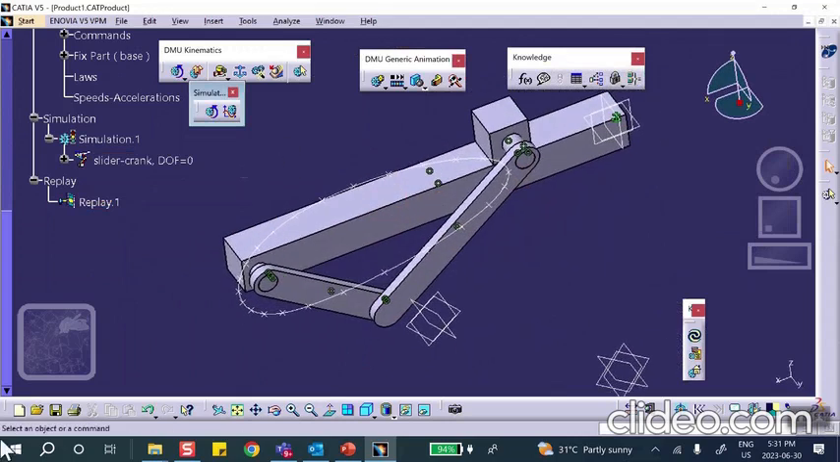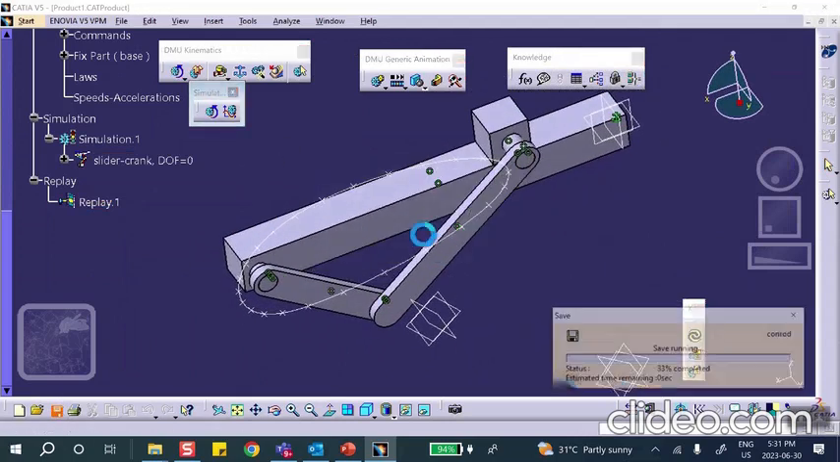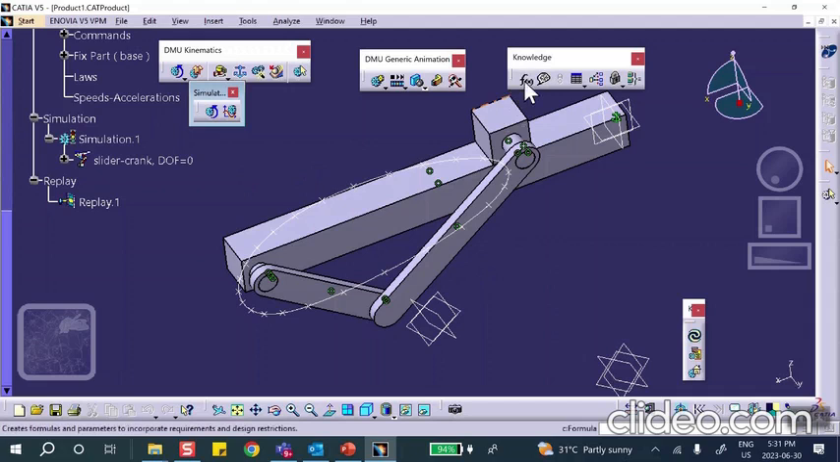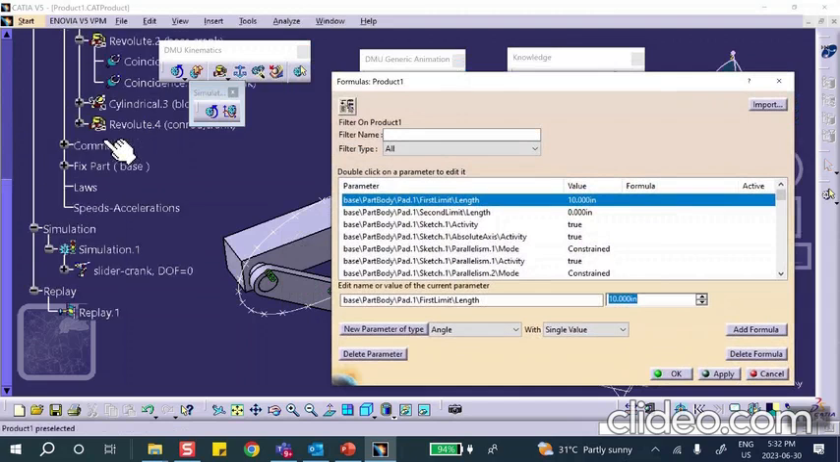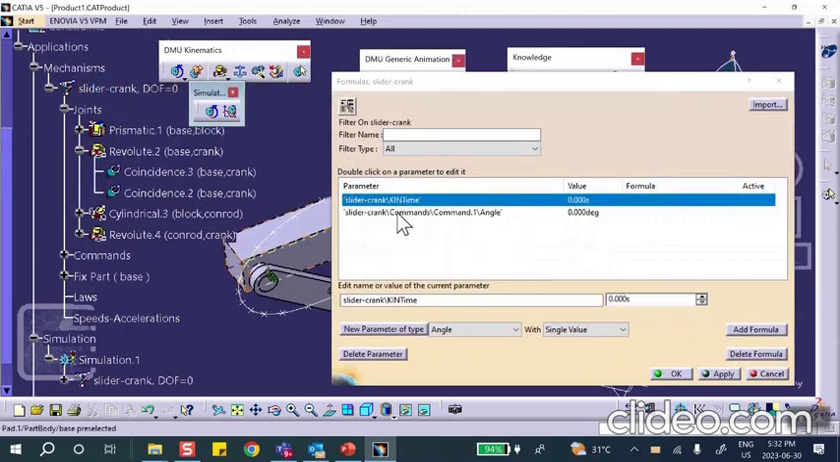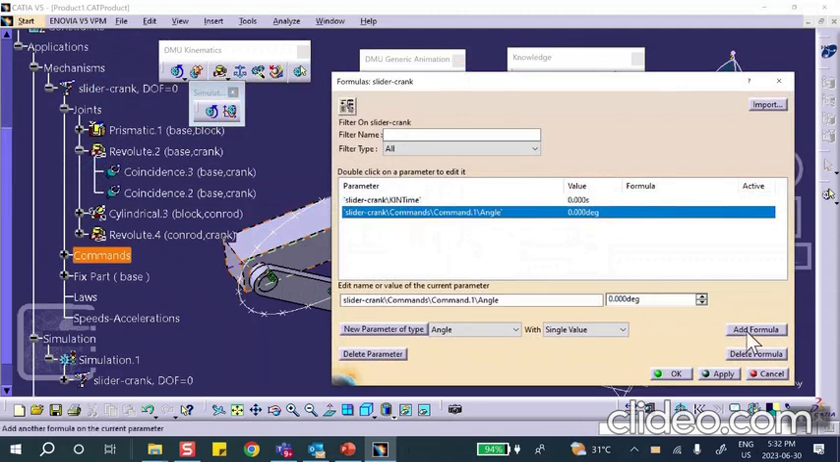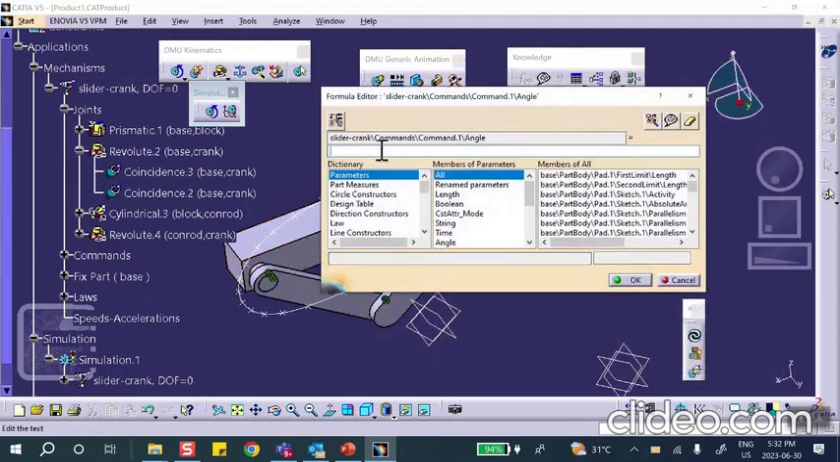So first of all, we save everything. Click on f of x. We don't want everything. We want the stuff only related to the mechanism. So click on the mechanism. Just these two. This is the angle of the crank. Add a formula equal to, if it's 1 cycle per second, or 2 pi radians per second, or 360 degrees per second, that's what I'm going to type. 360 DEG underscore S. So 360 degrees in 1 second times